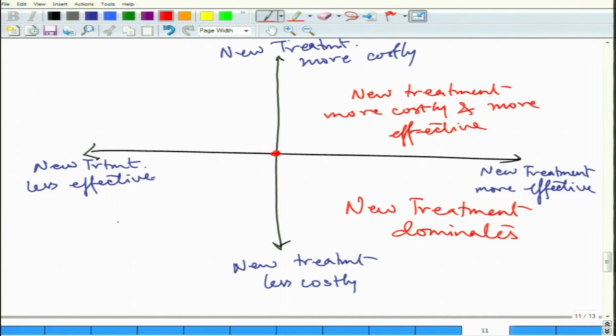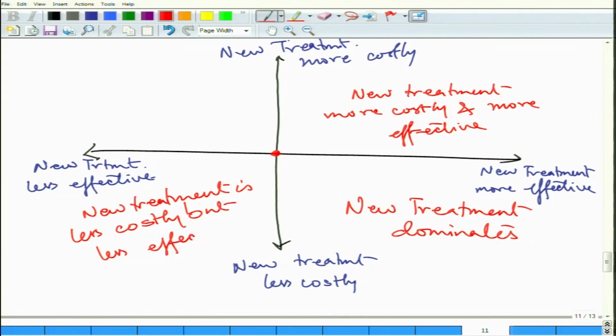Whereas over here, again the catch is the new treatment is less costly, but the most important thing is that it is less effective. I understand that it is less effective, but shall I go for the lower cost, given that it is less effective? So I need to decide on that. Over here, old treatment dominates,